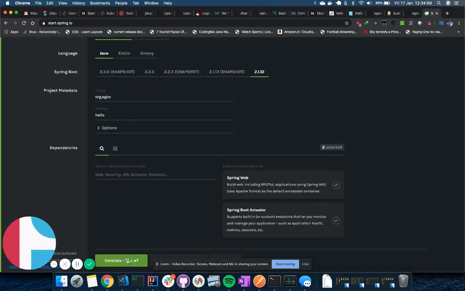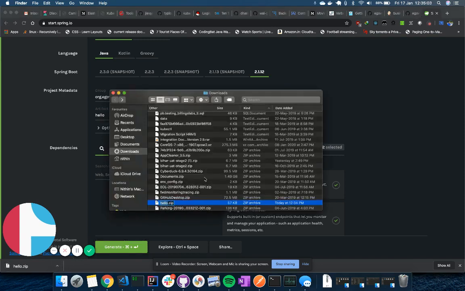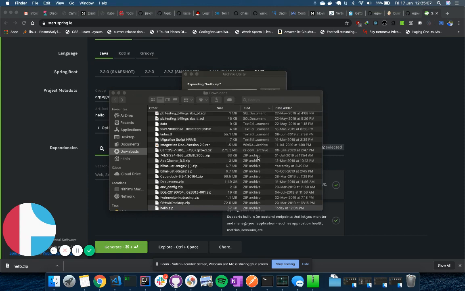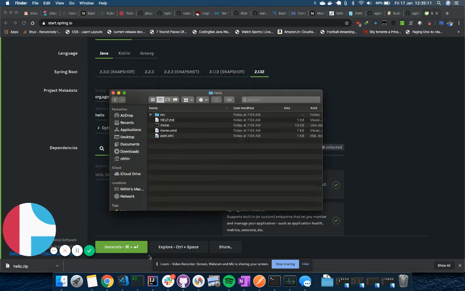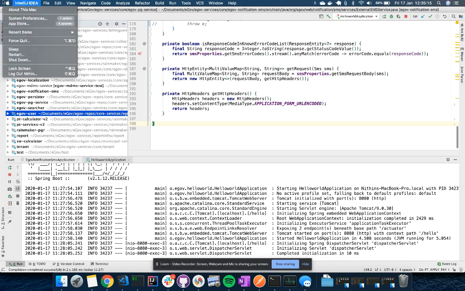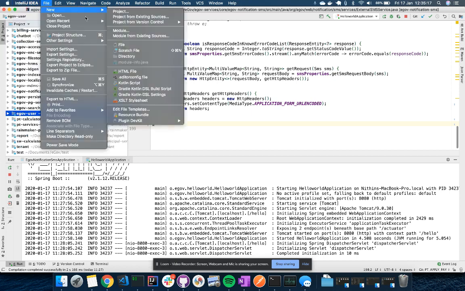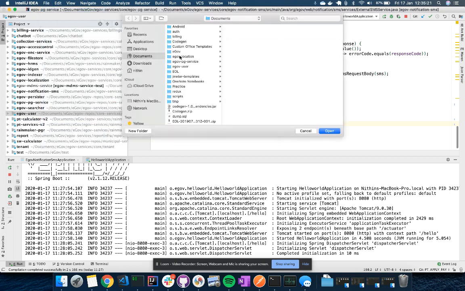This would just generate a bootstrap thing that you can just run. It's nothing fancy, it's just a hello world app. I think this is the one.